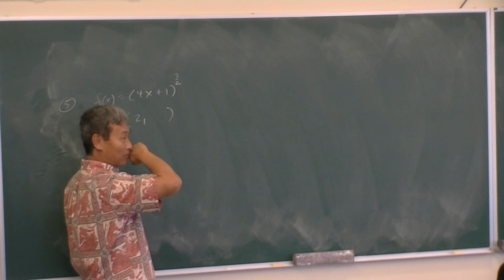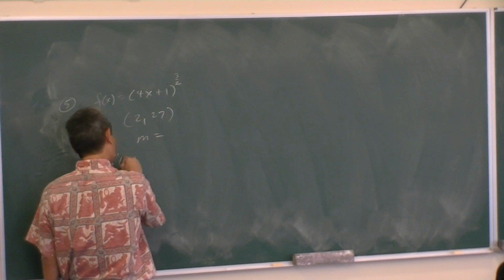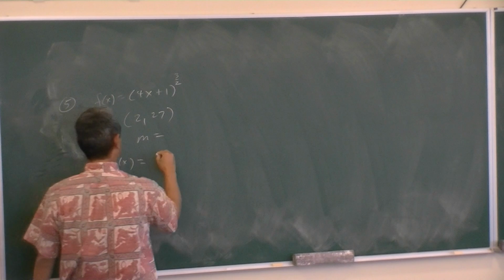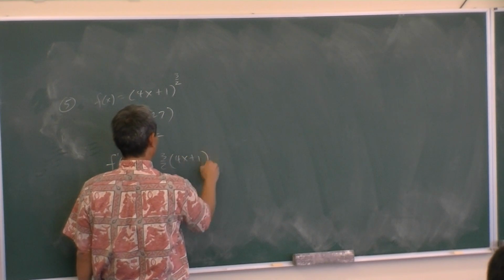9 to the 3/2 power, which is 27. Then you have to find the slope. Well, that comes from the derivative. Okay, who's taking the derivative of this? 3/2 times 4 plus 1 is